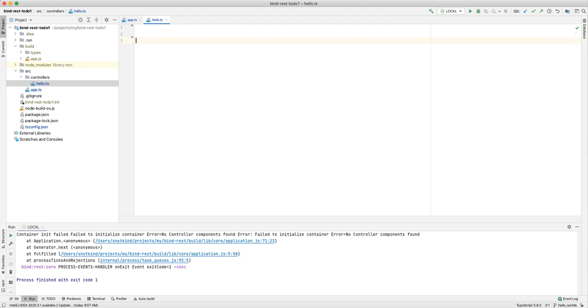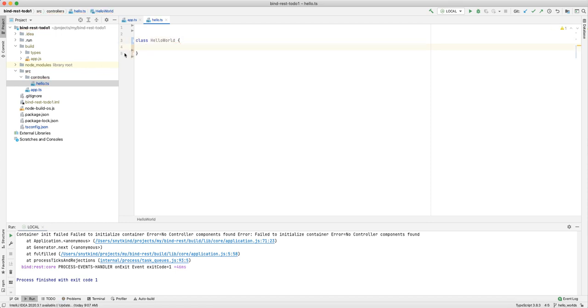So the framework knows what a controller can do that a normal component cannot do, for example. Same thing with middleware. Middleware is also a component that can do some special things. So let's create a class, class HelloWorld,